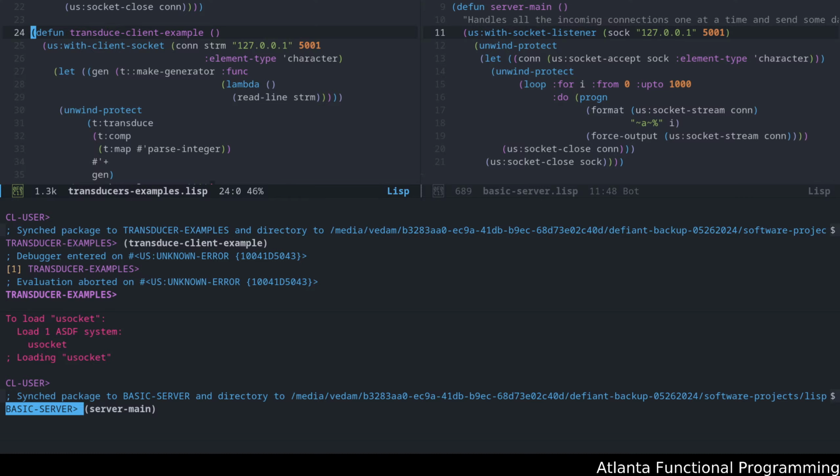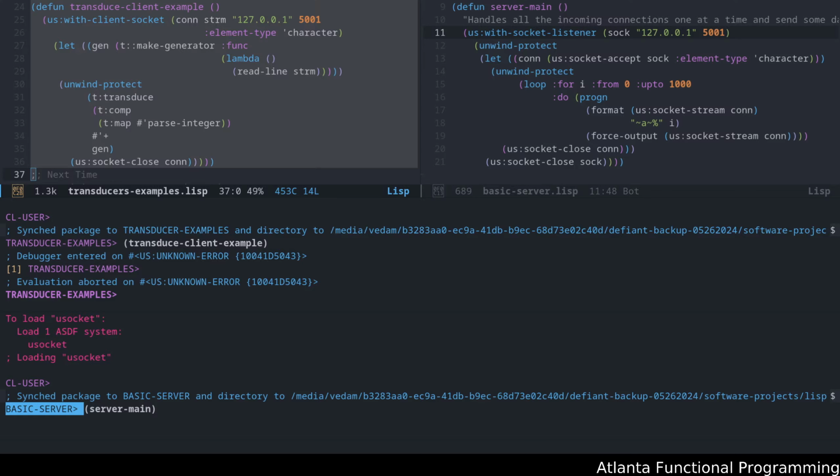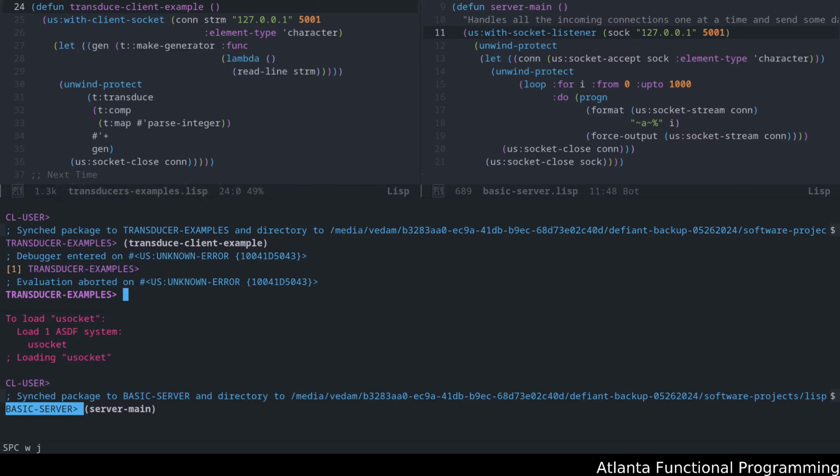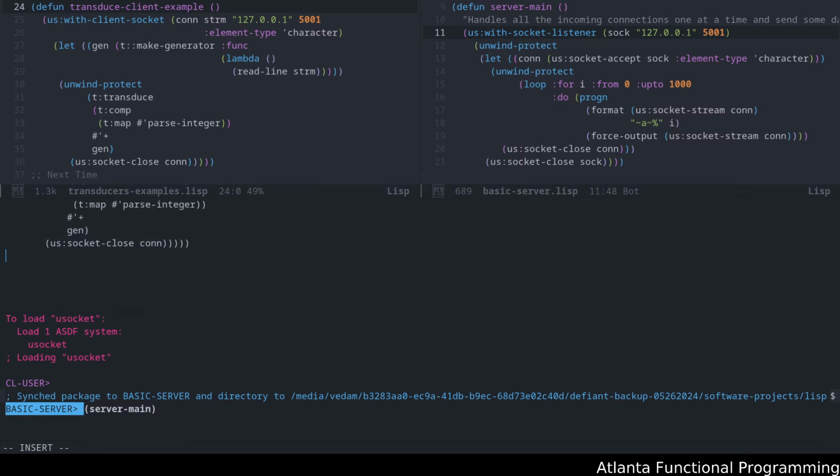Unfortunately, right now my Emacs buffers are pointing to the basic server REPL, and there's a specific command that I'm forgetting off the top of my head to attach this buffer to this Lisp REPL, because I'm working with multiple REPLs right now. So without bumbling along, I'm just going to redefine the transducers example by copying and pasting it. If I run this now,